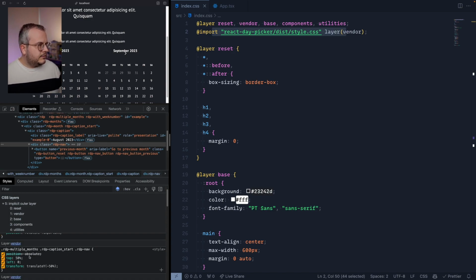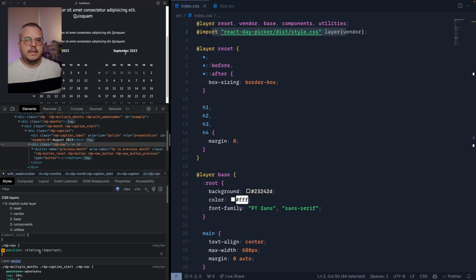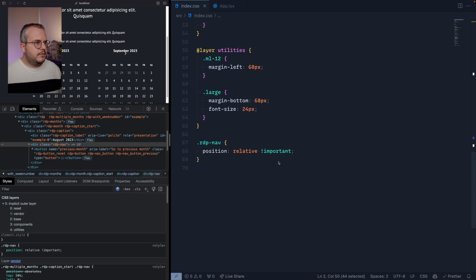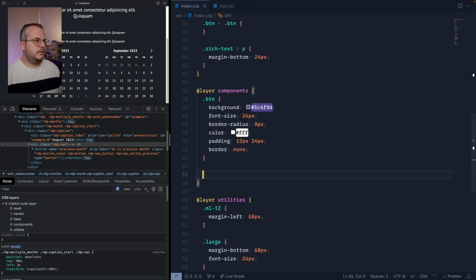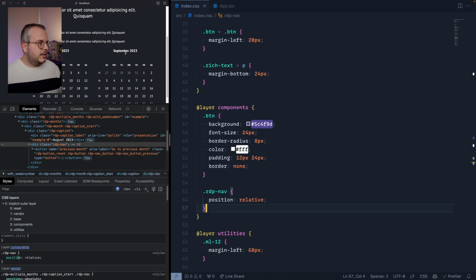Because if you look at our styles, you see that the layer vendor is applied here as well. And you also see that our nav style is ranked higher. So even if I would now remove the important, it would still work. And that is because right now our RDP nav style is outside of any layer, which means that it's, like I said before, the most important layer. But even if we would copy this and move it, for example, inside components, it would still apply because components is later in the order than our vendor styles, without us needing to